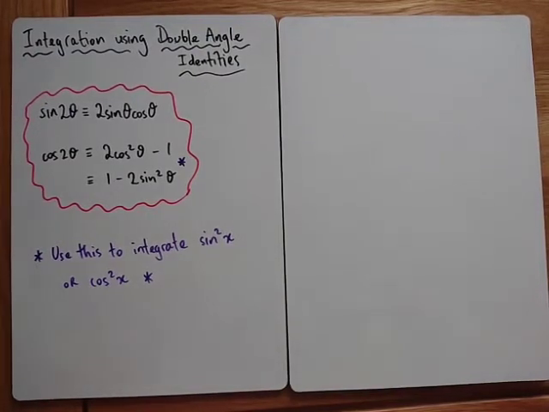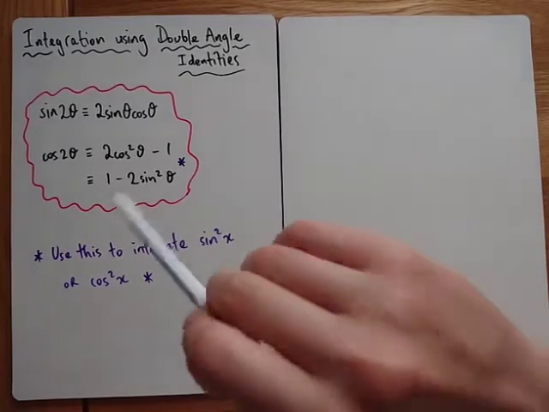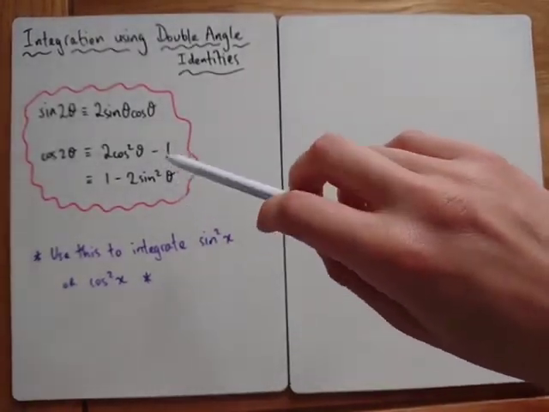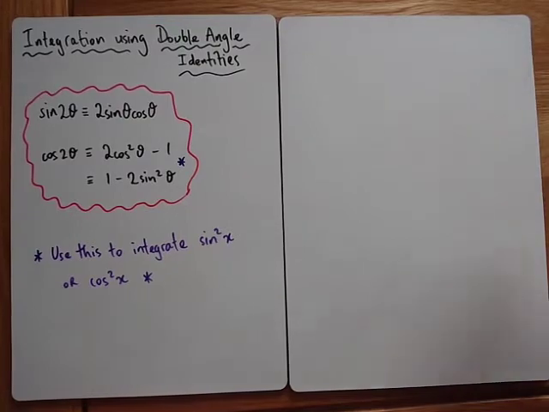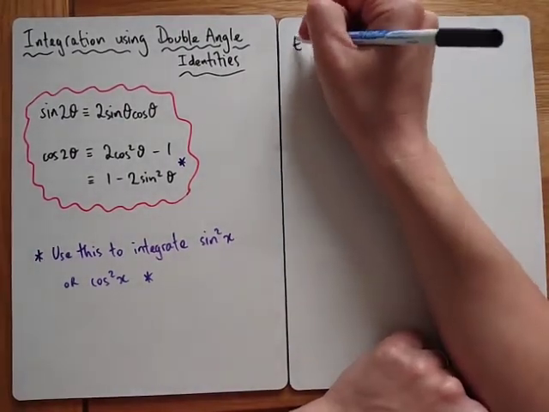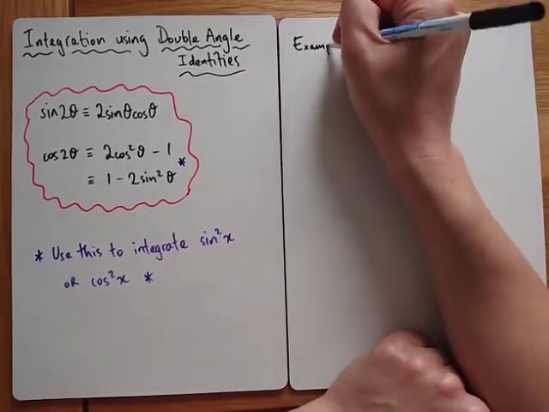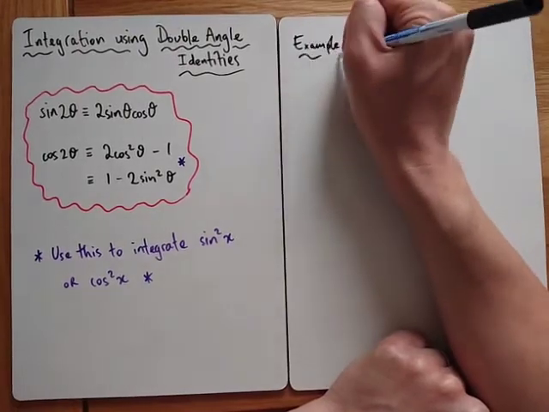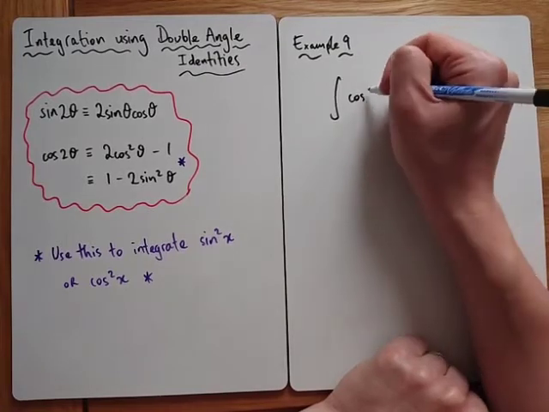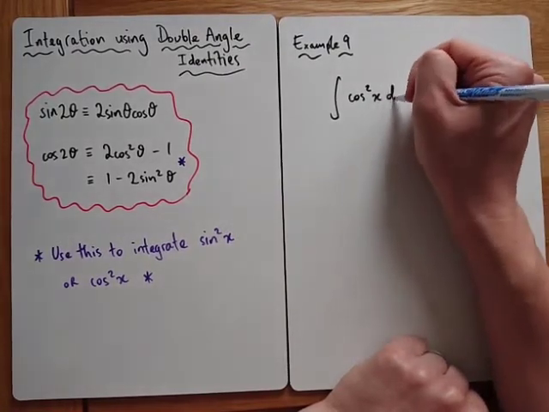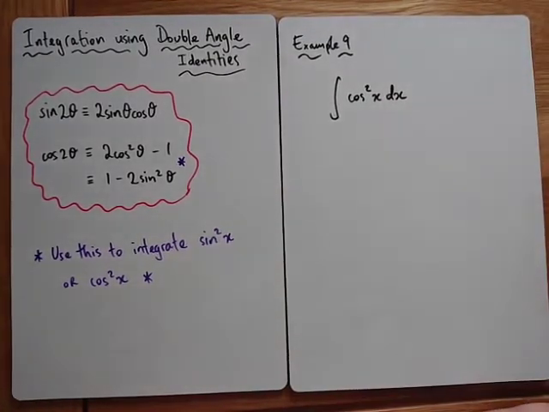In this video, we're going to look at one last application of these double angle identities, and we're going to use them to do some integrals that we've not integrated before. Okay, so let's start with example 9. If you were asked to integrate cos squared x with respect to x,